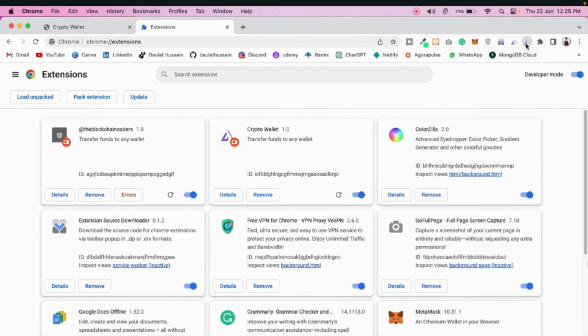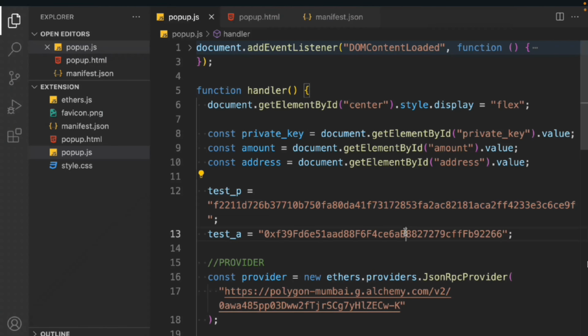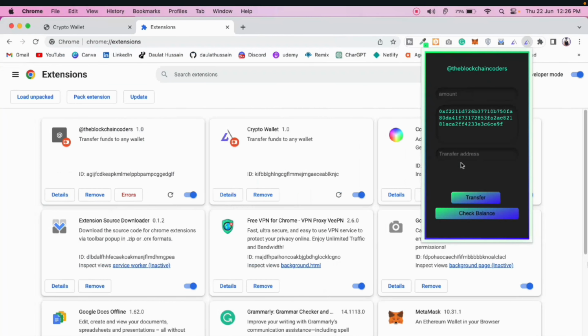So click here. Now provide the 0x, and then you have to provide your private key. So this is the private key. Now you have to get the address where you want to transfer the fund. So I'll simply paste the address, and let me transfer the fund 0.001. This much I want to transfer, and if I click on check balance, it will fetch the balance